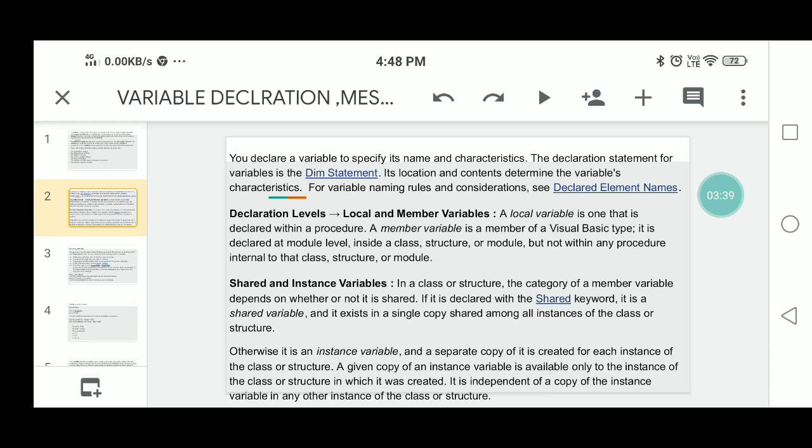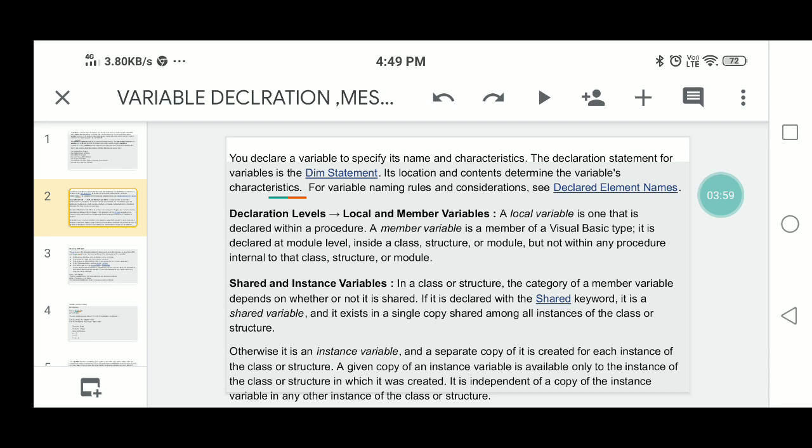Its location and contents determine the variable's characteristics: what the location of that variable is and what its contents are. It would be specified here.